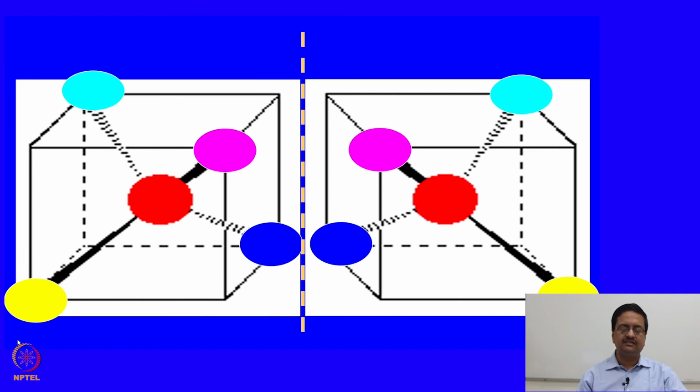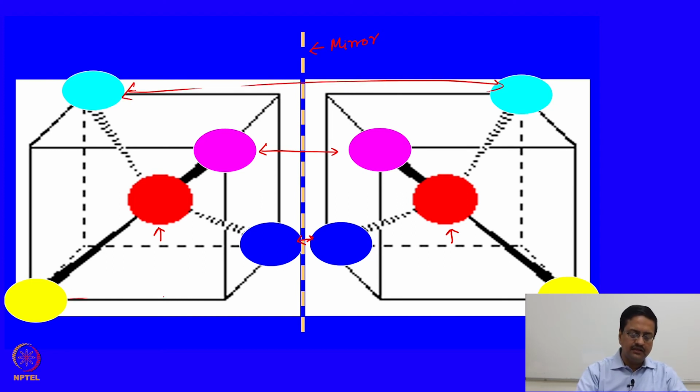On the left hand side we see a tetrahedral carbon at the center with four different groups, and here we have a mirror. The mirror generates a mirror image on the right hand side, and that mirror image reflects one to one. But these two compounds are non-superimposable, and as a result, these two are stereoisomers, or two different enantiomers.